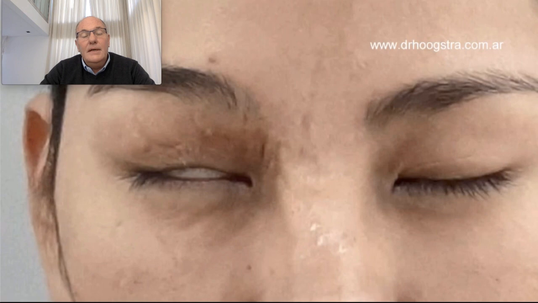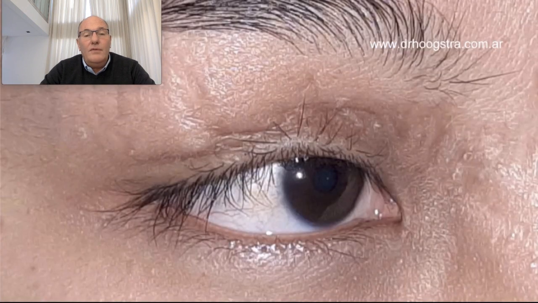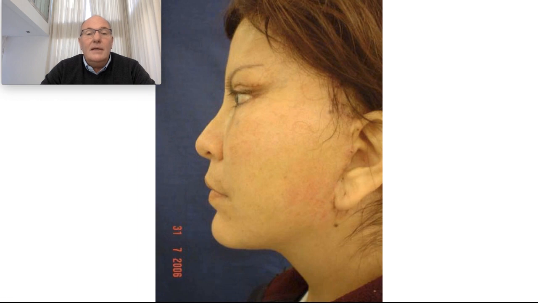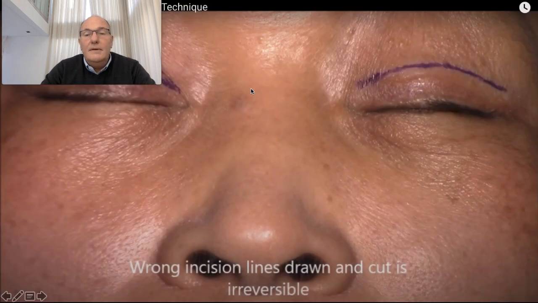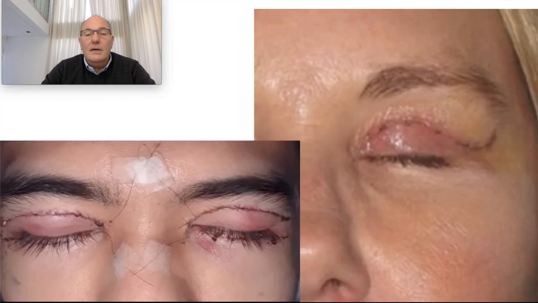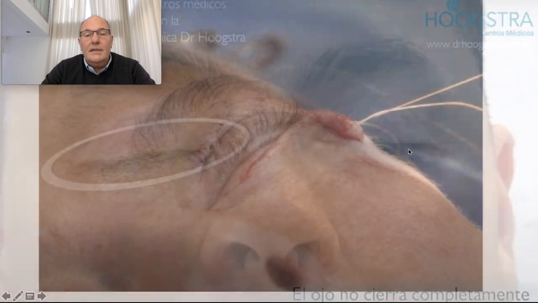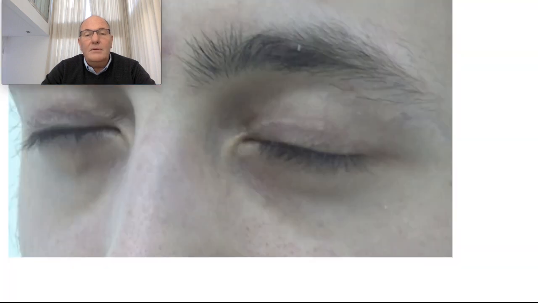You can see here this kind of complication: lagophthalmos, scar, this sadness, the scar here, and this terrible result. And this resection, a young patient with this resection technique, lagophthalmos, ectropion,